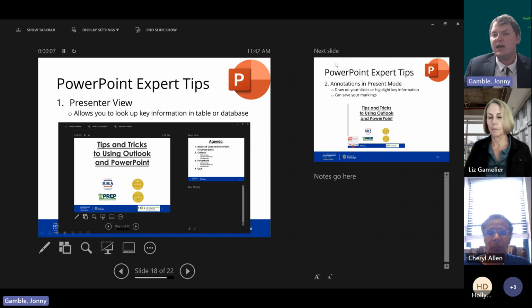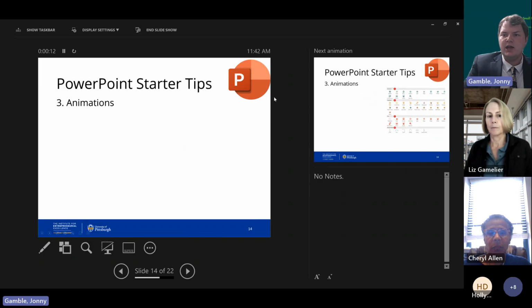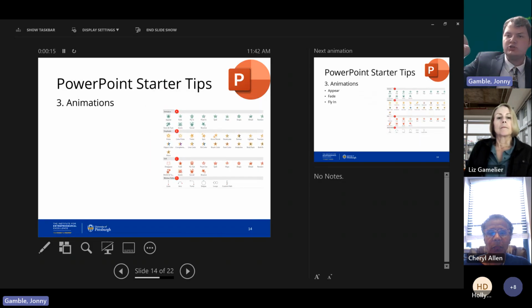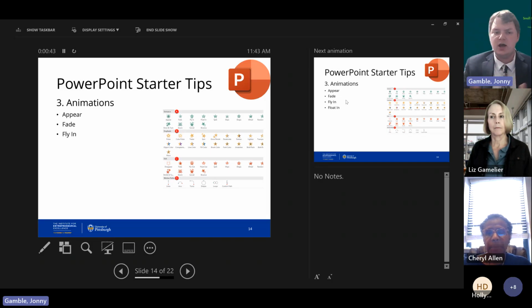It also shows what's coming up next. Remember those animations we had earlier? If we go back, those animations will show the next animation to appear here. So this left-hand side is what the people viewing the screen see. But this next animation screen right here is going to be the next thing I do. If I click my mouse, then the things will pop up. It helps give you a preview of what's coming up next. So if you really try to work on your transitions, having that presenter view can be really nice.